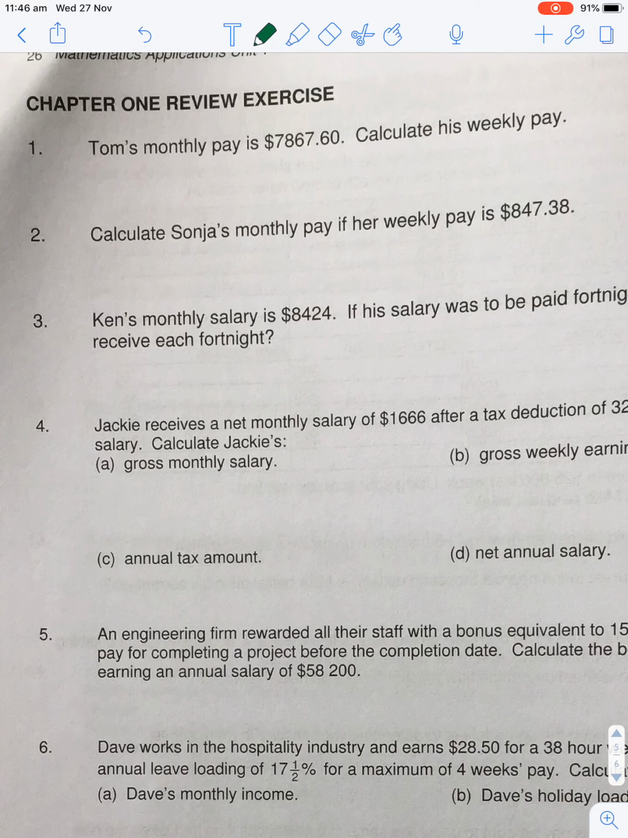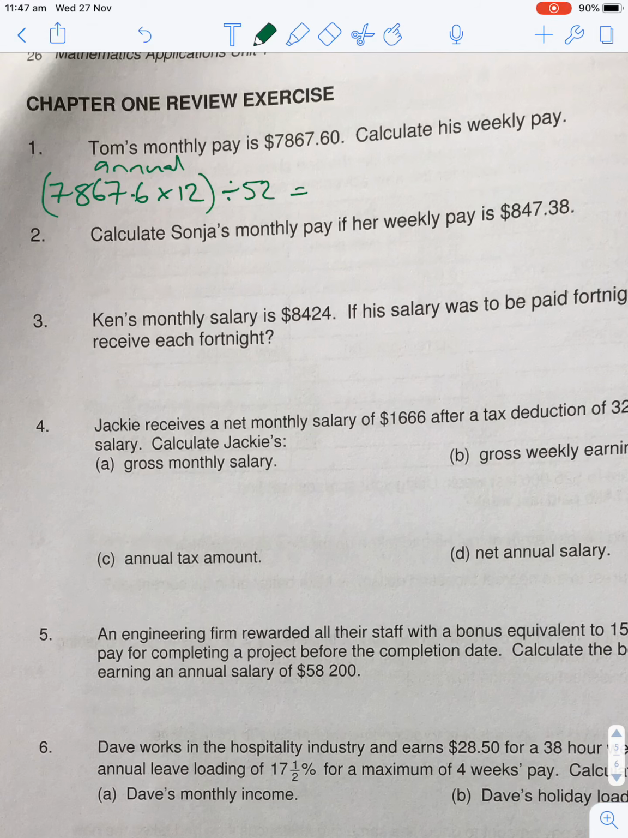So for these questions, what you need to do is turn it into an annual pay first and then go back to get your weekly. So in this case, we're going to go 7,867.6. That's my monthly pay. So I'm going to times it by 12. There's exactly 12 months in a year. That would give me my yearly pay. I don't even need to calculate that first, but that at the moment would be my annual pay. And then I know there's 52 weeks in the year exactly, so if I divide that by 52,